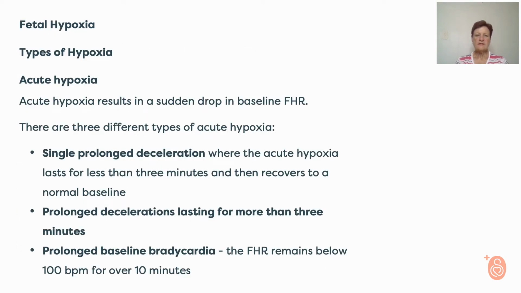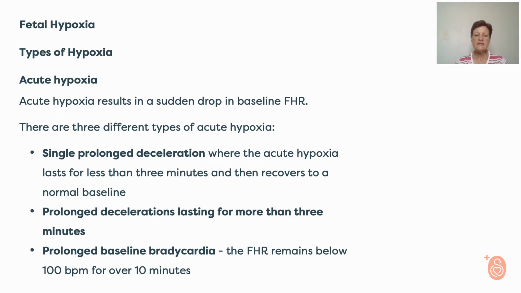So if we look at the different types of hypoxia, first of all we get an acute hypoxia, or otherwise we get a gradual developing hypoxia. In the acute hypoxia, the name says it happens suddenly, and in the gradual developing hypoxia, it obviously means that it develops over a period of time. So here in the acute hypoxia, we get a sudden drop in the baseline, like what we've said in the previous lesson where we referred to the prolonged